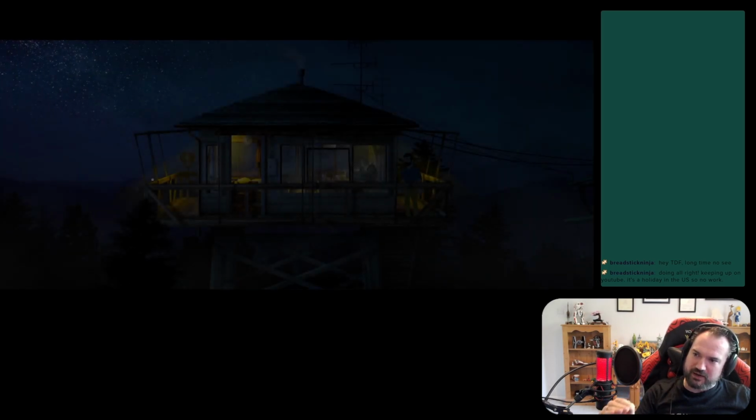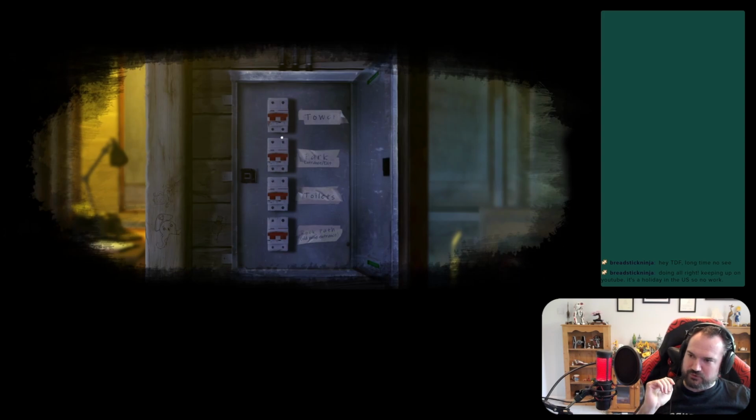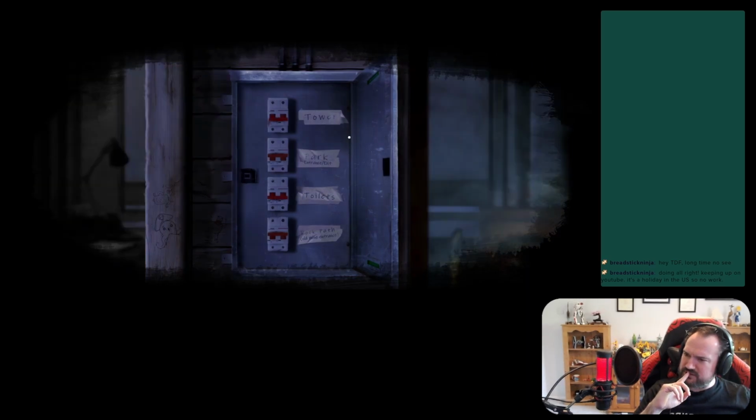Okay, my best thinking at the moment is turn off the panel on the two areas that weren't powered before. Which, if I recall correctly, it was the mines and the park entrance that weren't powered before. So let's turn the toilets off. You turn the tower off, everything's going to go...